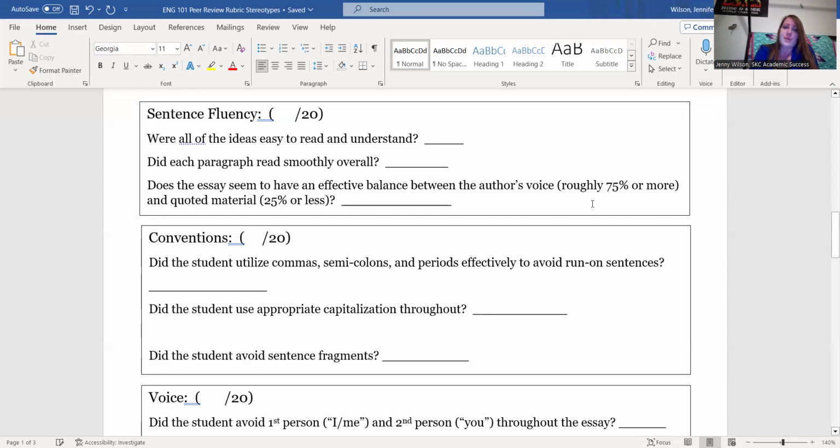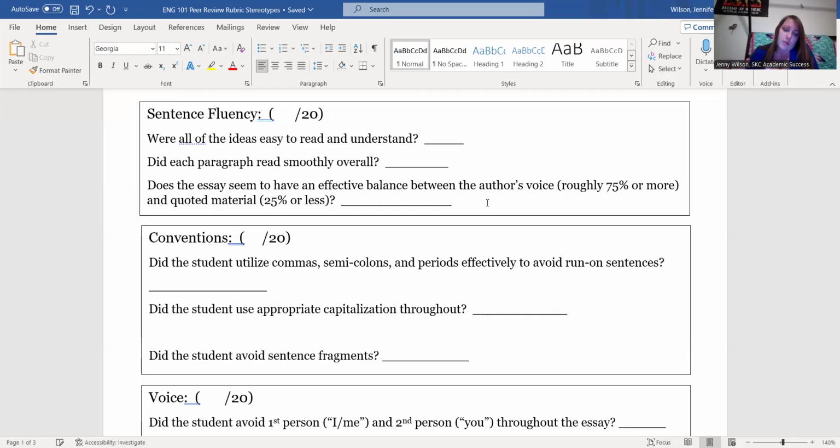I look to see whether the author's voice is clearly there. I do not ever want to see students copying and pasting giant chunks of quotes into an essay. Quotes should be used occasionally and as needed, and then you're going to elaborate on what that quote means, things of that nature, so that it's never a situation where you have a main idea for each paragraph, and then the entire rest of the paragraph was just quoted from somewhere else. That's not plagiarism, but it's not true writing. You didn't really write that paper, right?